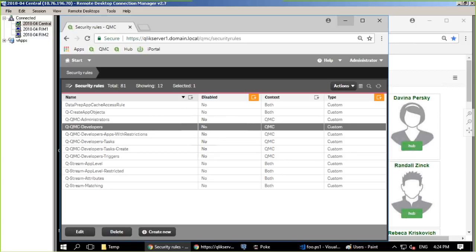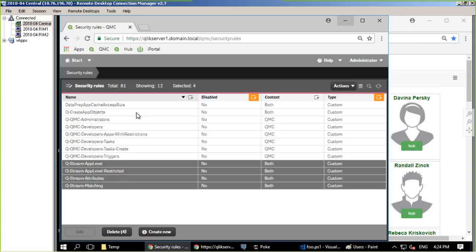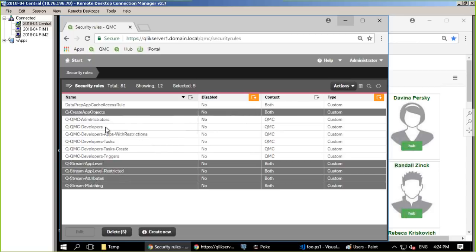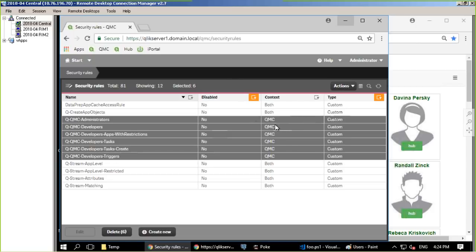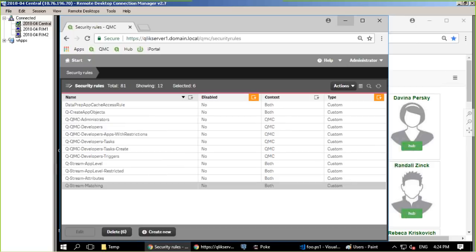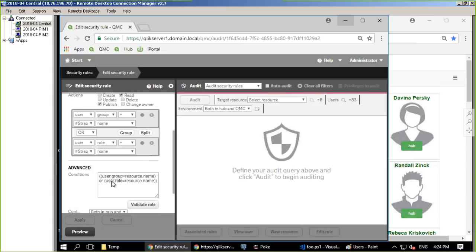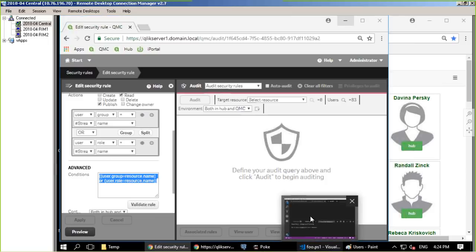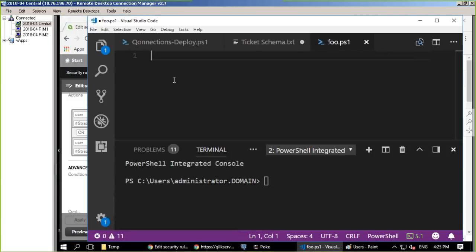They can roughly be cut into a couple of categories. We have front-end rules whose context is both, and we have back-end rules whose context is QMC. So let's start out with the front-end rules. We have a rule here to provide stream access, and this is a little different than how you might write rules using the GUI. There are pros and cons of each approach, but the core concept here is that we're saying that